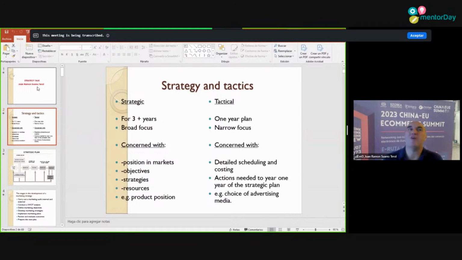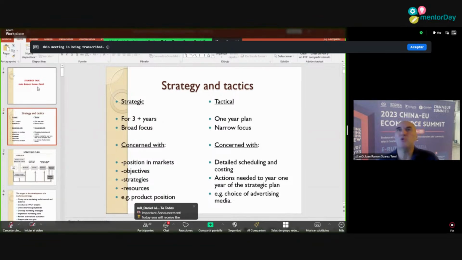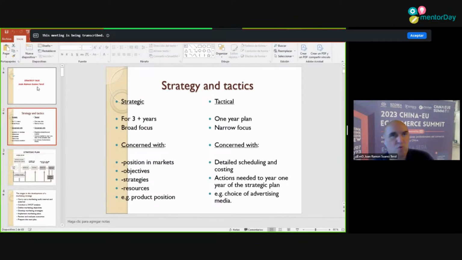The choice of advertising you use, probably one day you will be in ChatGPT, one day you will be in YouTube, another one in LinkedIn, another one in Facebook, whatever you call them, in social media. Or we can use traditional methods of advertising like TV or radio, or public relations. In that sense, it's very important to start by differentiating between a strategy